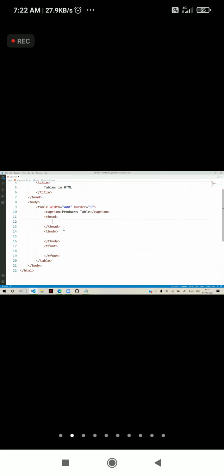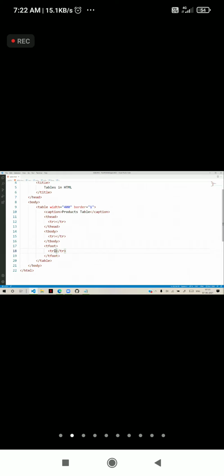Now, header is defined by using any row, and a row is defined by using TR. So body also has rows, we define TR. Footer also has a row, that is TR. Now again, don't come with a question that, sir, only one row we can have with that. I'm just designing and explaining to you. You can add any number of rows or any number of columns, or even have no sections.